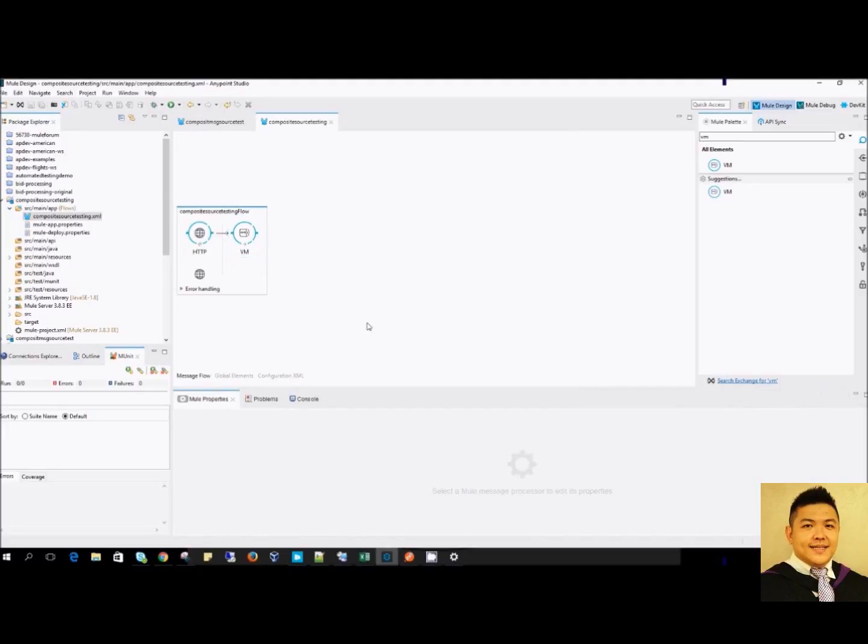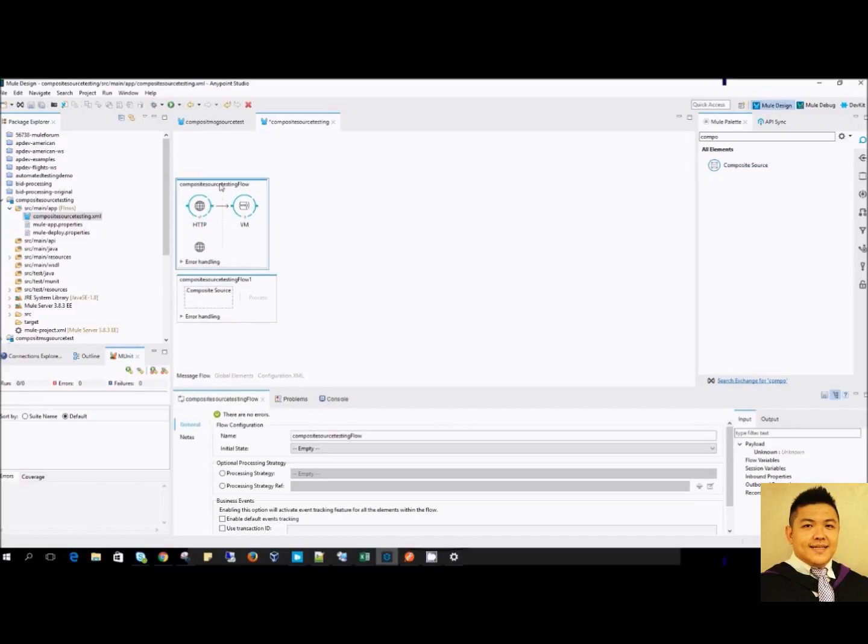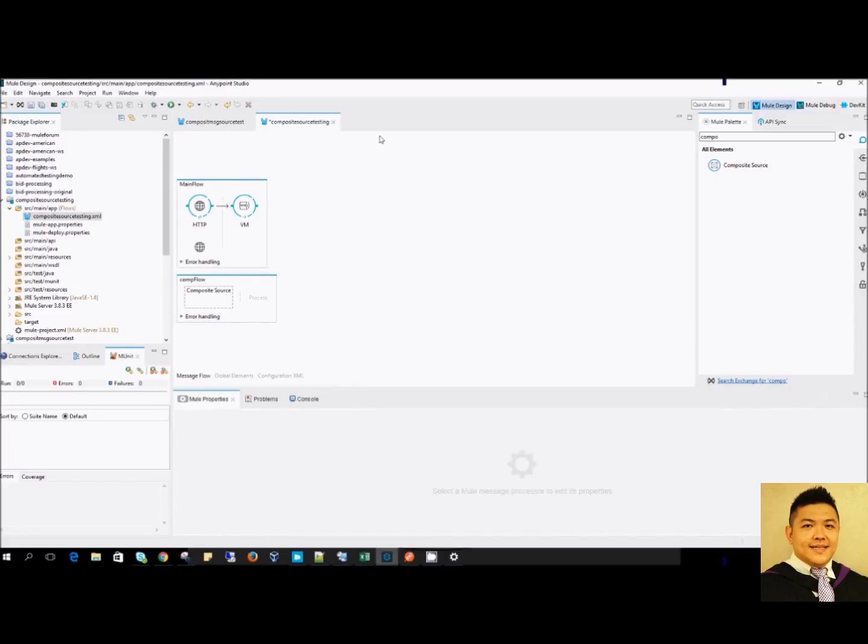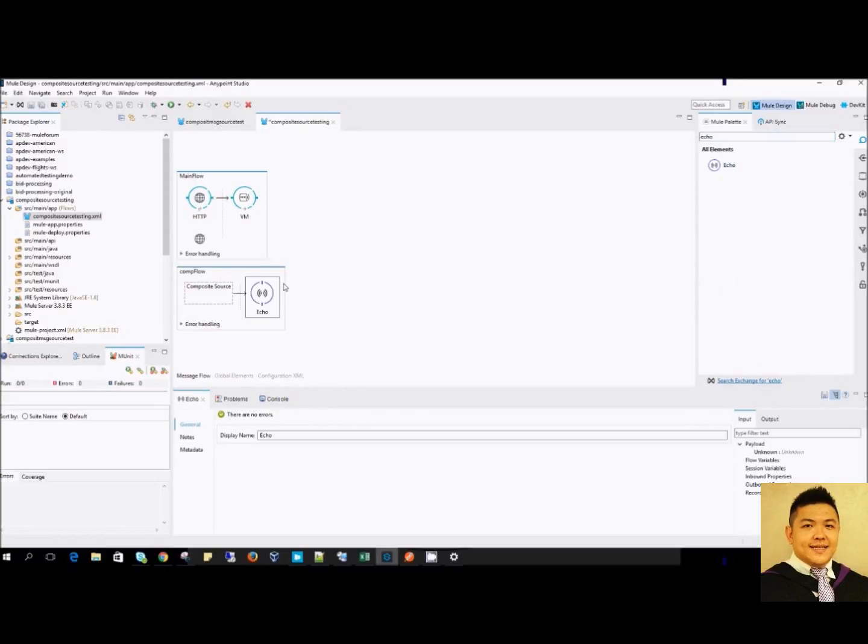Next, type composite. You see a composite source, put it here. Rename the first flow to main flow, and the second flow to comp flow. Okay. So go for a component called Echo. Put that Echo in. Now, because I want to demo the possibility of triggering this comp flow with two different types of endpoint,